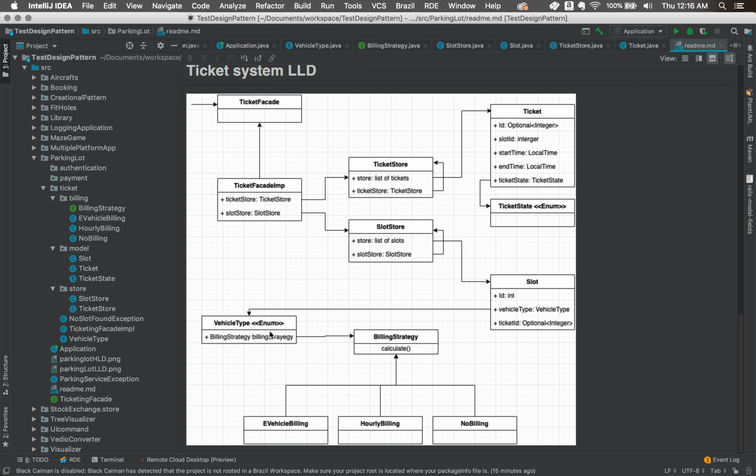This is an extensible design, where we can have a separate billing based on the user's discretion. Tomorrow they can have a new billing strategy, and we can easily add it to our enum, and that is good to go.